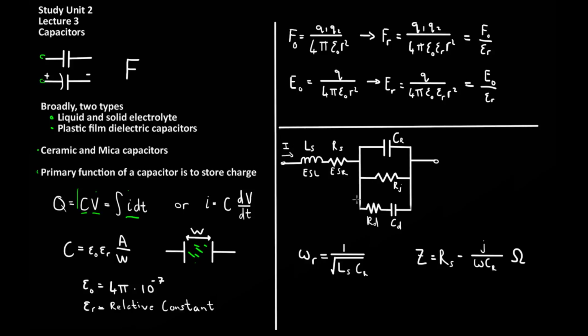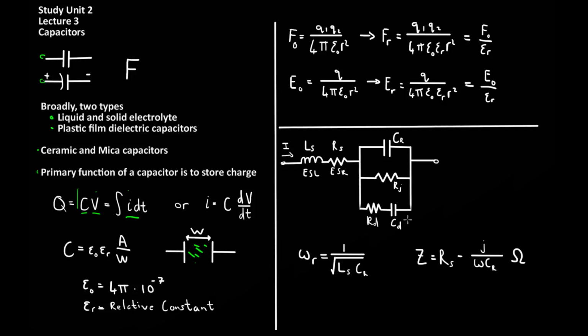Shown here is the equivalent AC model of the capacitor. This model consists of the actual capacitance, an effective series inductance, and an effective series resistance. The AC behavior of the capacitor is modeled by having the capacitance as the real part of a complex impedance and a complex resistance. For this model shown here, RD and CD are not too important as they are specific